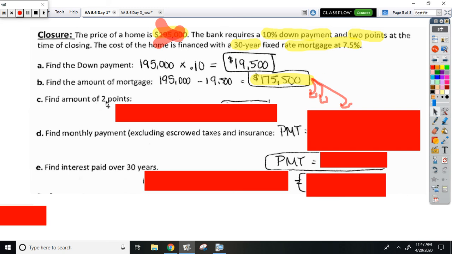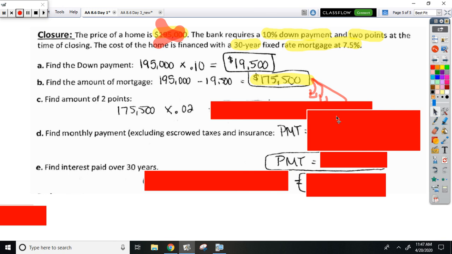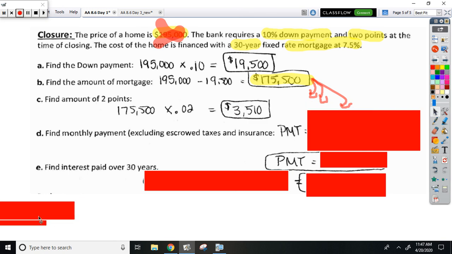So 2 points, again, is 2 percent. So we need to multiply this number by 2%, which is 0.02. And we should get 3,510. And then in part D,